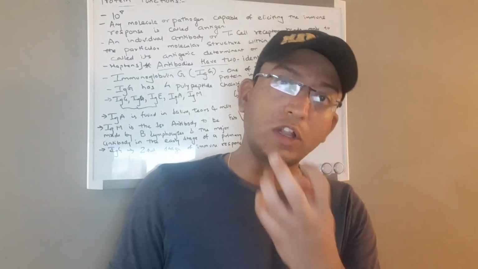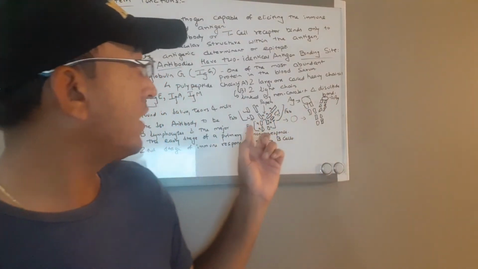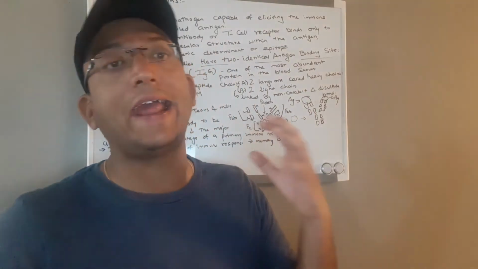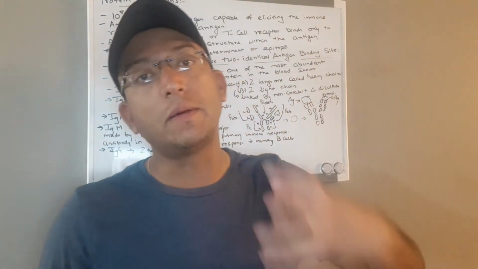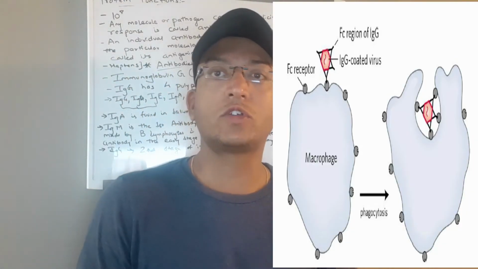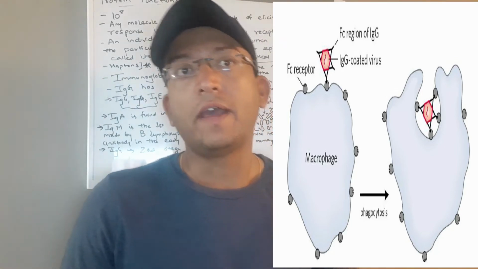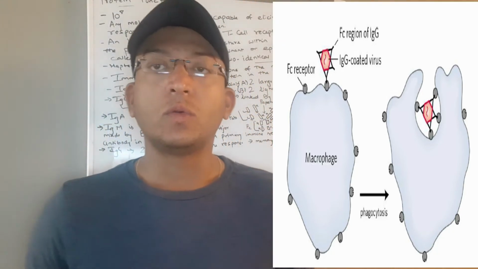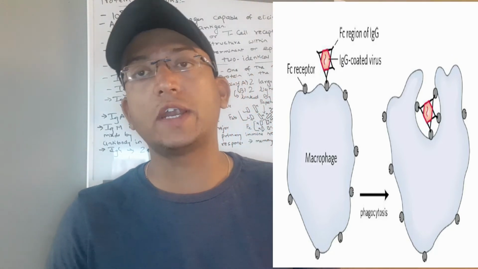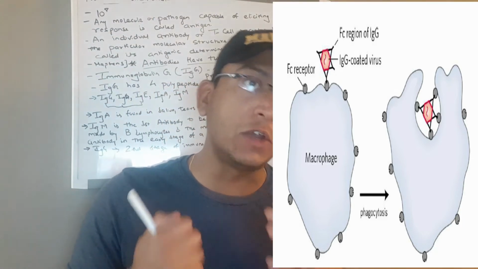Receptors on the macrophage surfaces recognize and bind the Fc region of IgG, and when these Fc receptors bind an antibody-pathogen complex, the macrophage engulfs the complex by phagocytosis. On your screen you can see the picture that we discussed, how the macrophage engulfs the Fc region of IgG that is attached to the virus, right? So this is how phagocytosis is done. And the antibodies bind tightly and specifically to antigen.